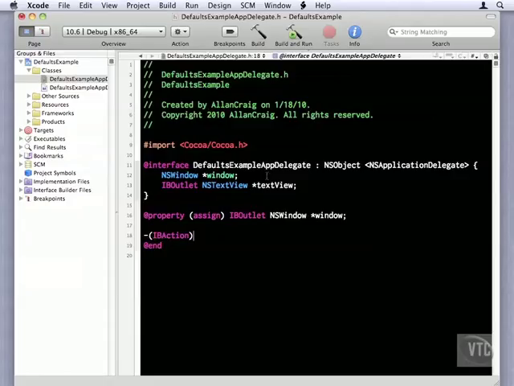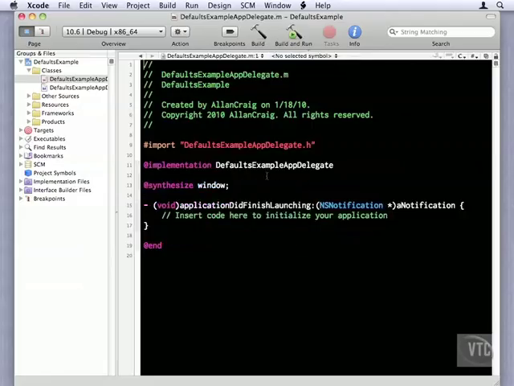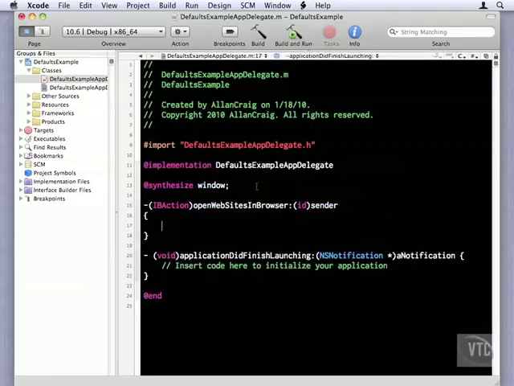And I'll call this one openWebsitesInBrowser. And I'll copy that, use Command Option up arrow to get to the implementation file. This is all normal, we've seen this before. So now that we're set up to write our code, let's go over to our resources